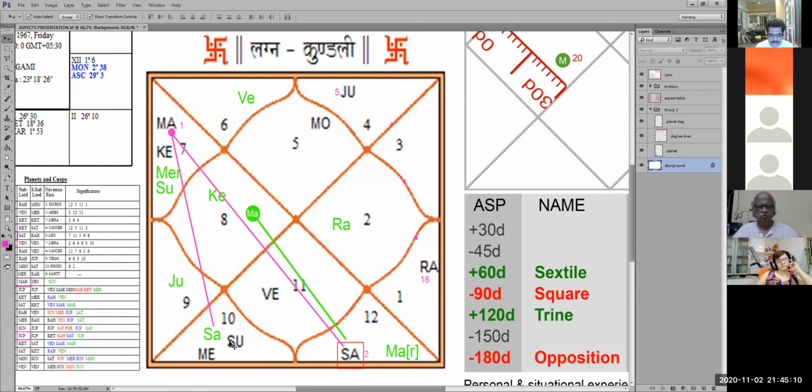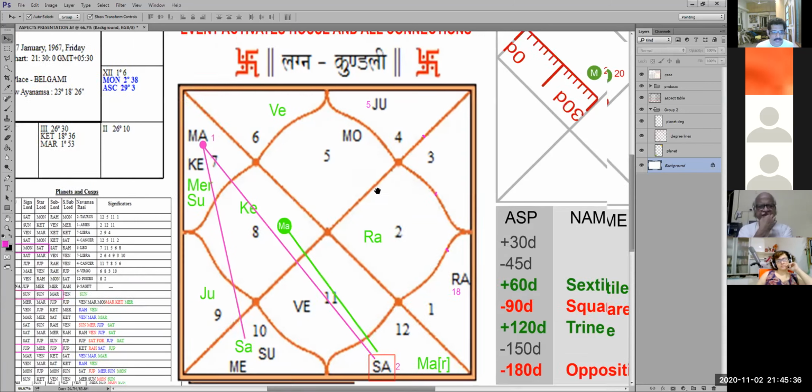So 30, 60, 90. इधर कोई planet है क्या? नहीं है. ये गोचर भूल जाओ. तो 30, 60, 90 कुछ नहीं है. 120, 150 इधर planet है क्या? हाँ, इधर मार्स और केतु है. Okay. So 30, 60, 90, 120, 150, 180. 180 में कोई planet है क्या? नहीं. So there is no 180 degree. So it's not something which is major.